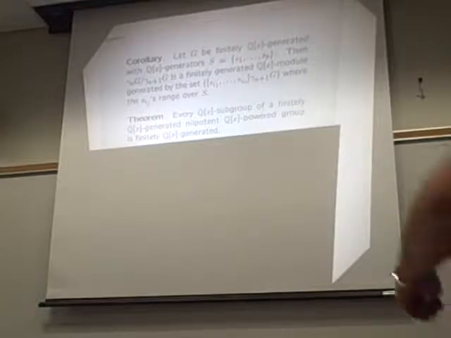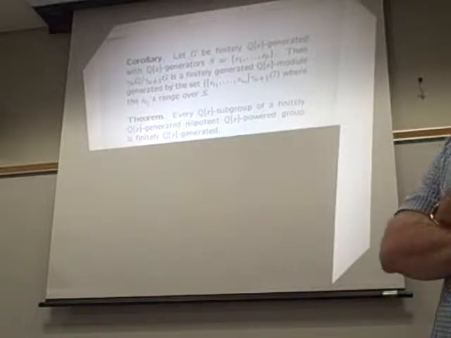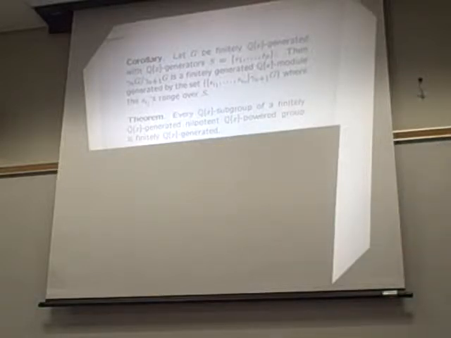So it turns out that every Q-X subgroup of a finitely generated nilpotent group is finitely generated. You may recall that earlier I said a similar thing where nilpotent was replaced with abelian. And since it works for abelian, it'll work for nilpotent by doing some inductive procedure, an induction on the class. By the way, this actually holds even if the ring is Noetherian in general. You don't have to be Q-X, you could be Noetherian.